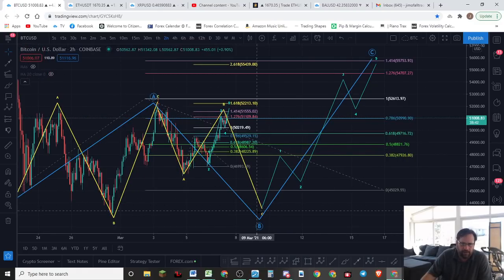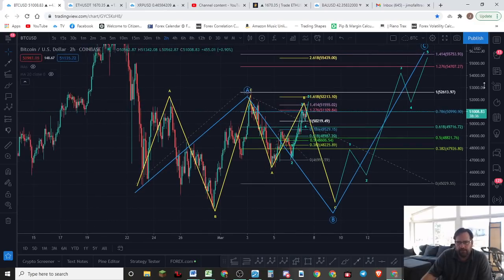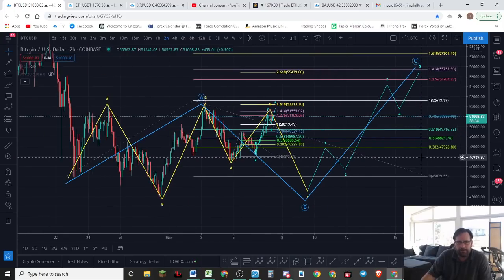Again, the Discord will have targets, but this is just an idea of the shape that we're looking for there. So you're welcome to take a screenshot of that and do the best you can trading with that if you're not part of the Discord. If you are part of the Discord, you've got access to daily charts. You know where the targets are.